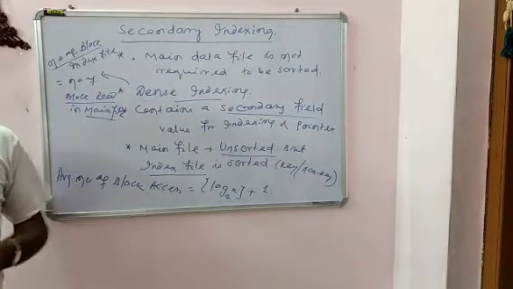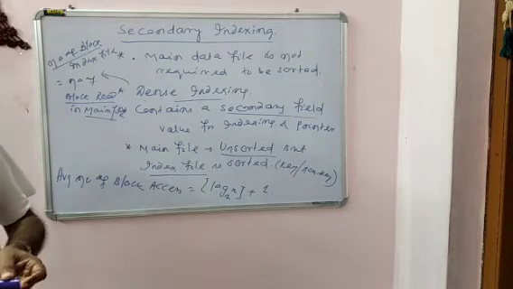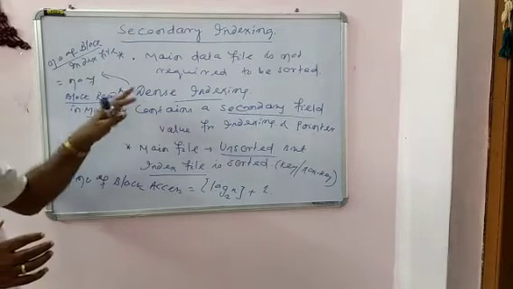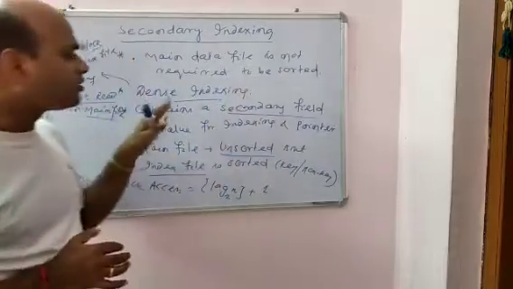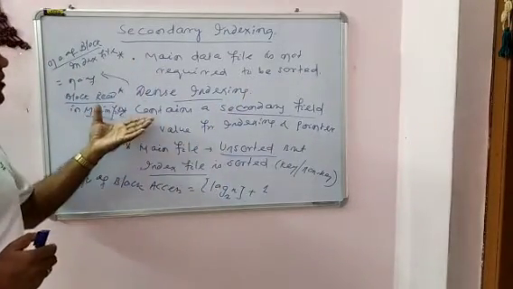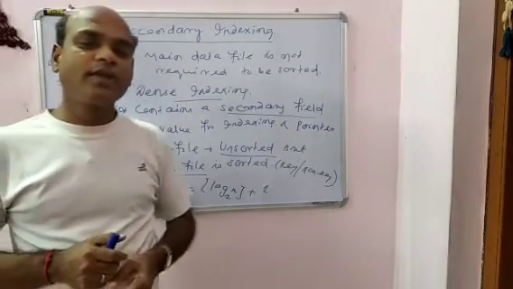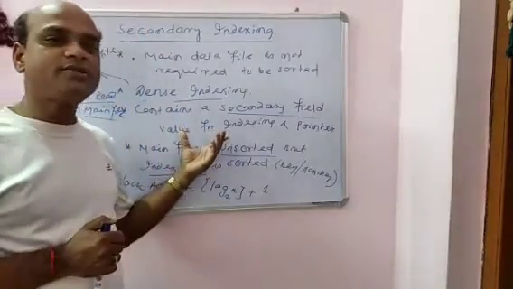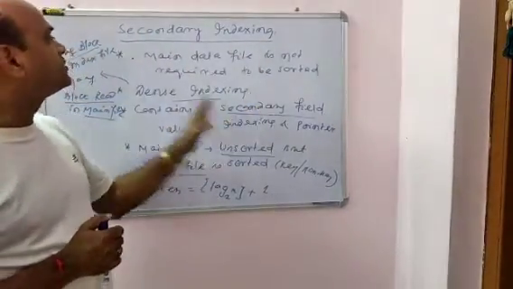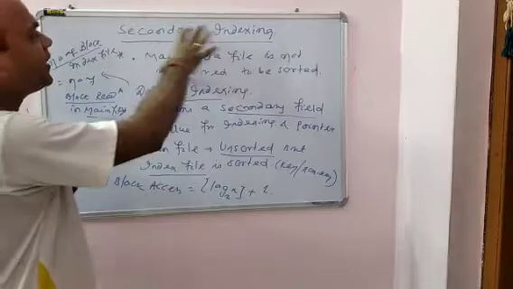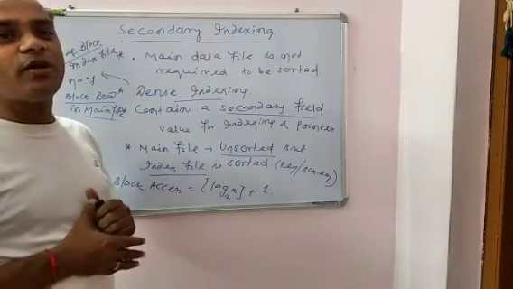A secondary index can be created by the application. If required, it is created manually. It has almost no disadvantages other than complexity. As we are creating a number of index files, it may be complex. Other than this complexity, secondary indexing has almost no disadvantages. So this is all about the index mechanism or index file system.